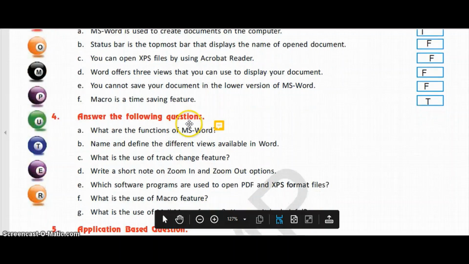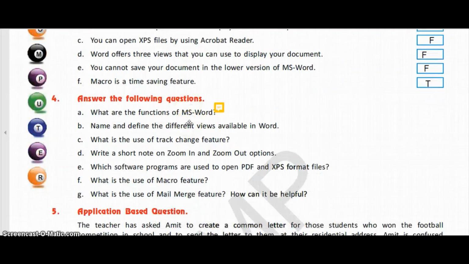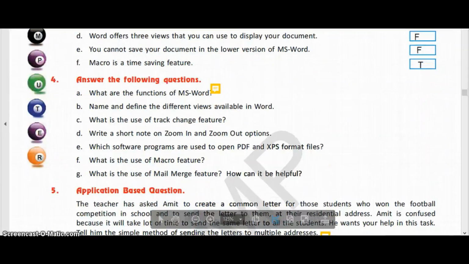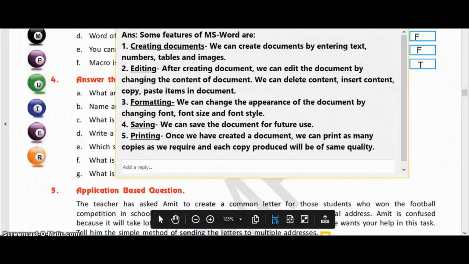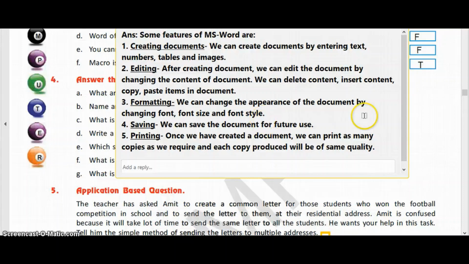Now next is answer the following questions. The first question is, what are the functions of MS Word? So we have studied what are the functions. You can create a document, you can edit a document, you can change the formatting of the document, you can save the document, as well as you can print the document. So what are the different features? So the answer is, some features of MS Word are